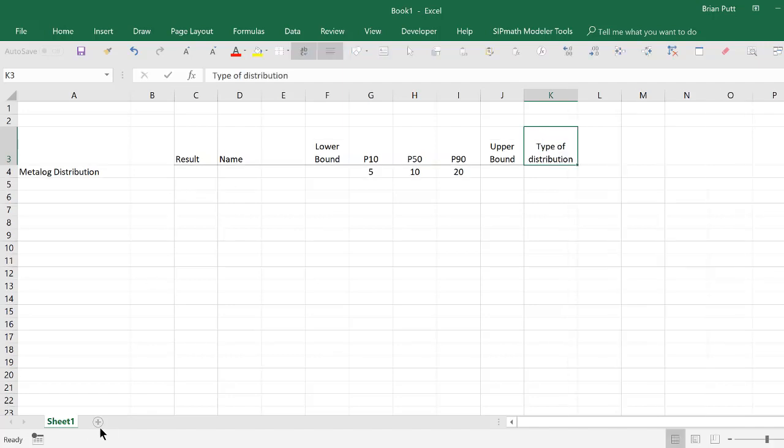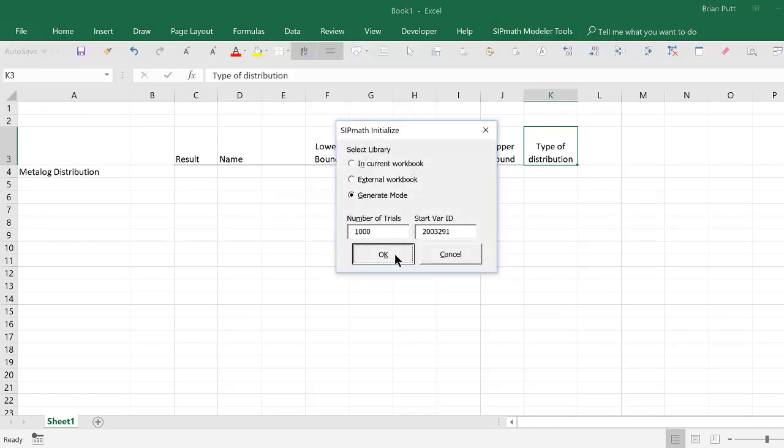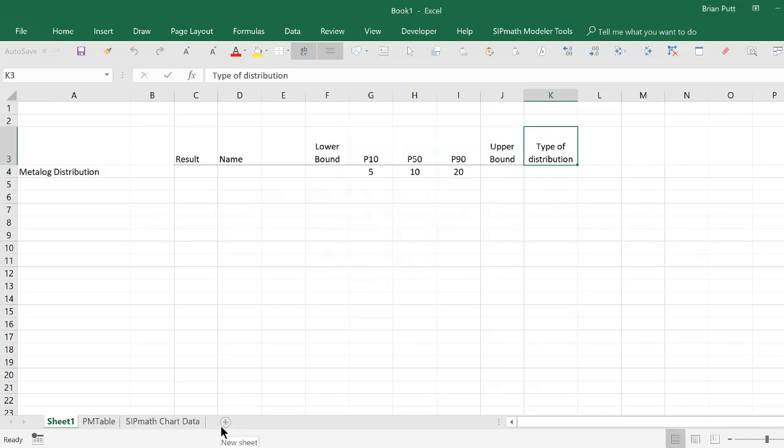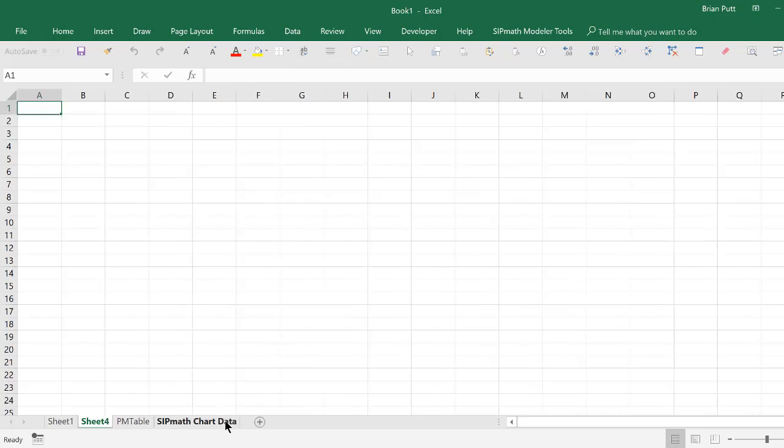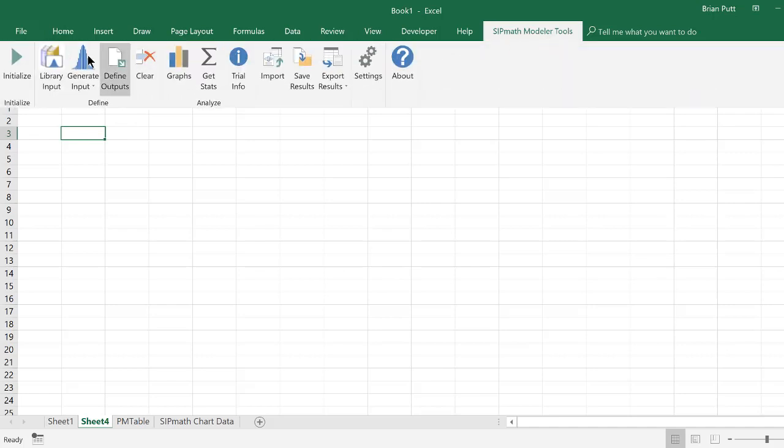The first thing we need to do is to initialize our model. So I'll go to SIPmath, initialize. We'll do 1,000 iterations. Because I want to do a Metalog, I'm going to put that on a separate worksheet. Doesn't have to be, but I kind of like to put them there. So I'm going to SIPmath, generate input,